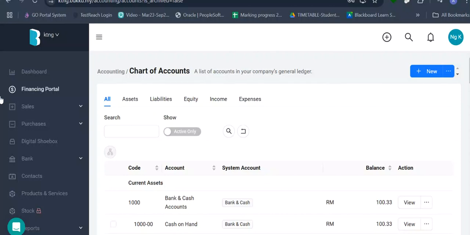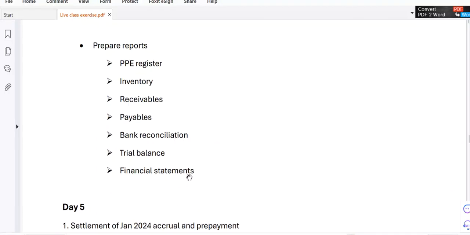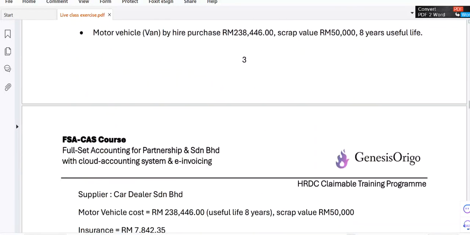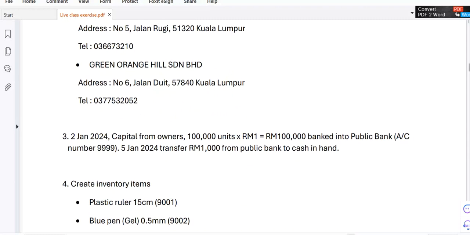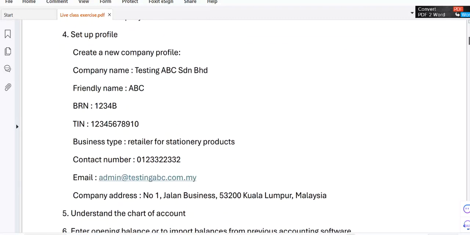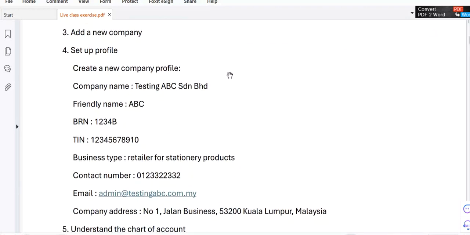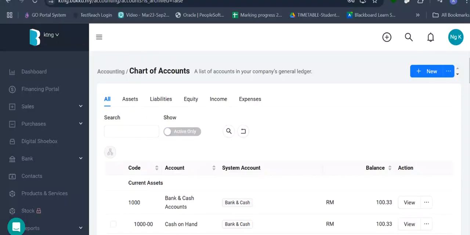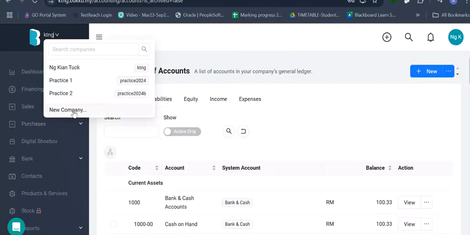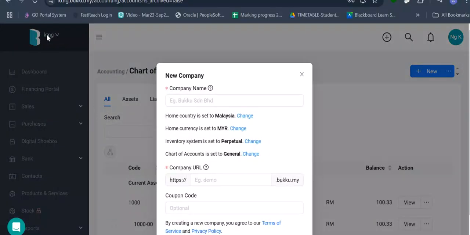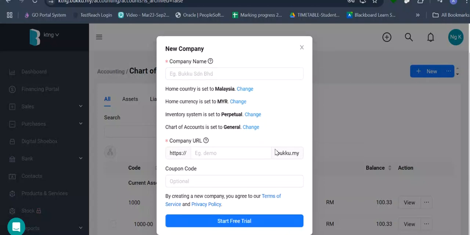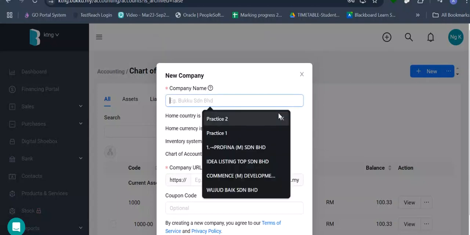What's next is we're going to create our company, and then we need to include a business name here. Okay, let's give it a try then. I want to create a new company, so I go to here, click new company. Alright, different thing here. Later on we'll set the profile as well.